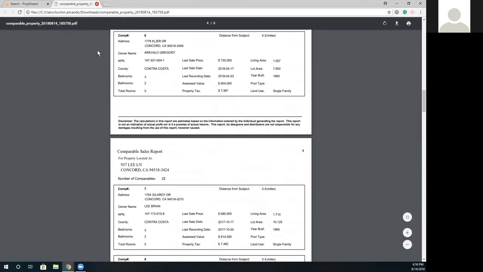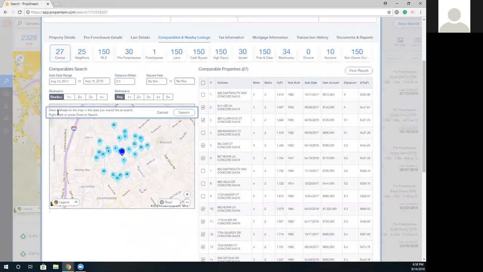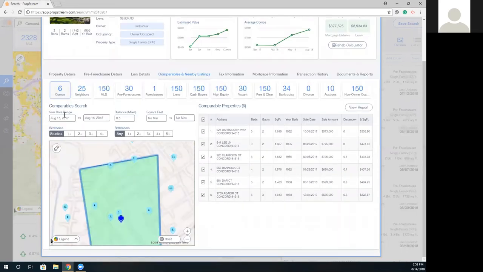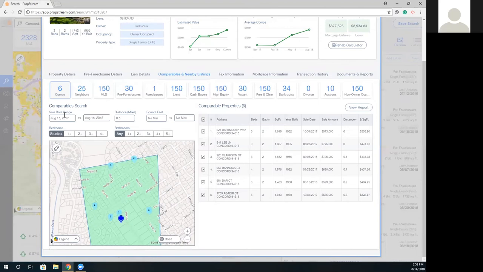We also, with our comps section, give you the ability to draw search an area. So there are going to be times where you're in an area that might be very close to a different subdivision. So with the draw search feature, you're able to only identify comps within a given area. So that could definitely come into play for very populated areas like downtown Chicago, downtown Los Angeles, downtown New York.